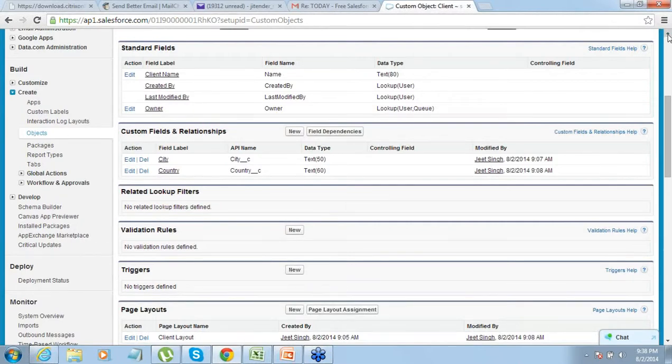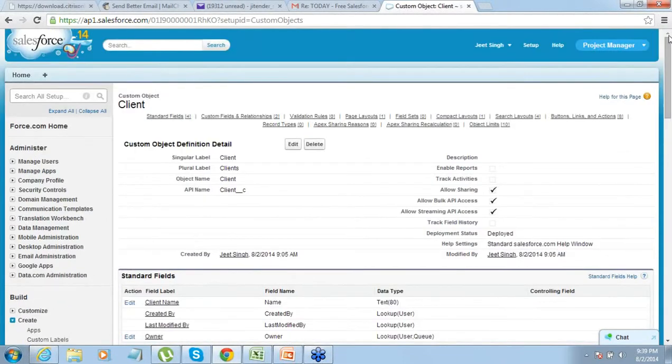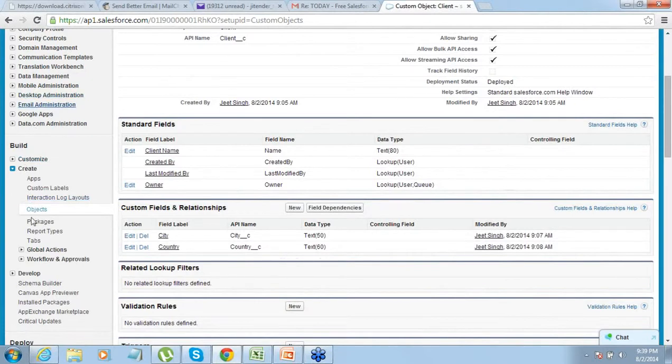Once you've created an object, you will also need to create a tab for that object. Creating a tab will give your object a button to connect to it, and that button will appear here at the top, right? And that tab will allow you to enter or edit the data in that object. For creating a tab, go to setup, create. Just remember the setup create thing. Today whatever we are doing is from the setup create option. That's it. Firstly we created the app. Now we created the object. Now I want to create a button to access that object. That will be a tab.